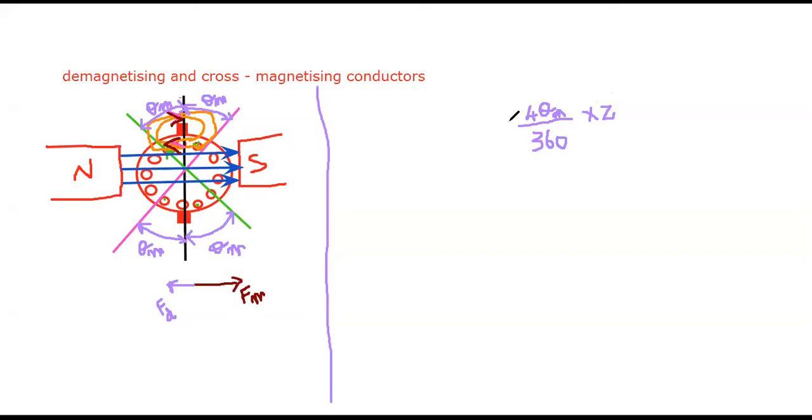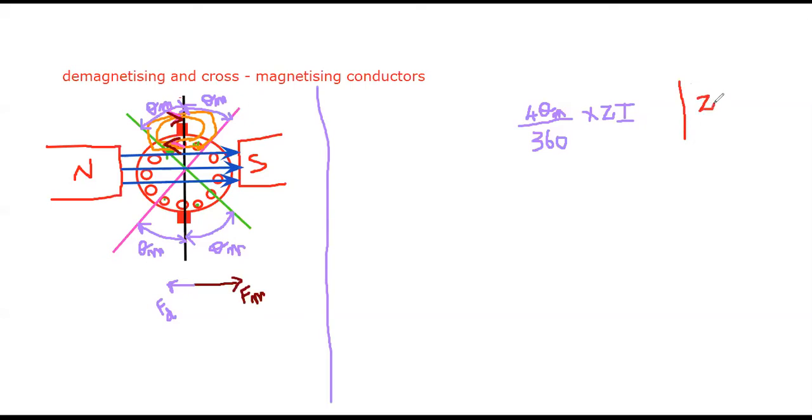Now this is the value for only the conductors. The conductors will have the flow of current, so I would like to add the total value of current as I here. I multiply Z into I so that I get the unit as ampere conductors now. Now I want to convert the unit into ampere turns. How to convert? Here we have conductors, so I want to convert this conductor into turns. How to convert this?